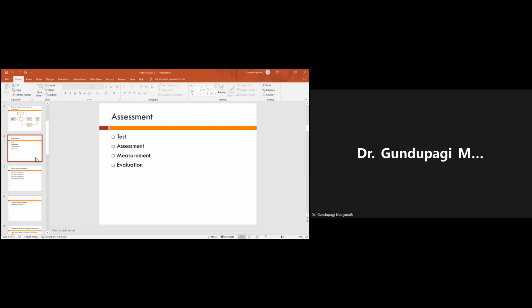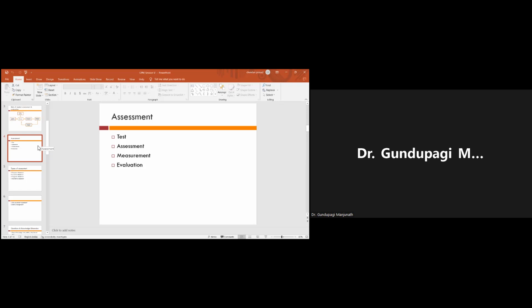Participants are requested to keep your syllabus with you, because based on the syllabus only we will be designing our question paper. So let us discuss the assessment. As I told, assessments are of two types. One is formal assessment and the other is informal assessment. Formal assessments will be conducted in the form of semester end, time based semester examinations, like that. But informal assessments help in understanding the student's knowledge, especially whether he acquired that knowledge or